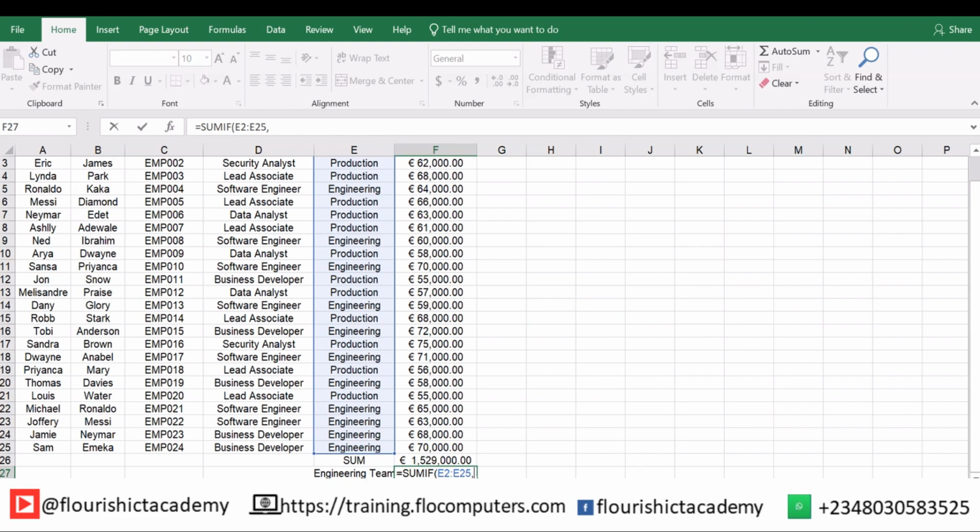So what you are going to do next is that since it's a string, you are going to put a quotation. It's expected to be in quotation. So I'm going to open up a quotation and type engineering. Okay, and then I close the quotation. That's the criteria. So the next thing I'm going to do is to put comma. So now the sum range. What are the cells,